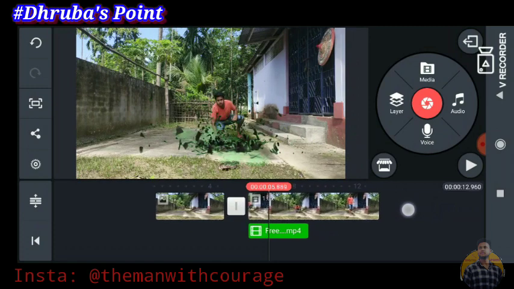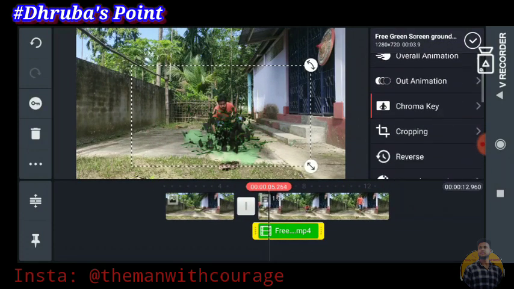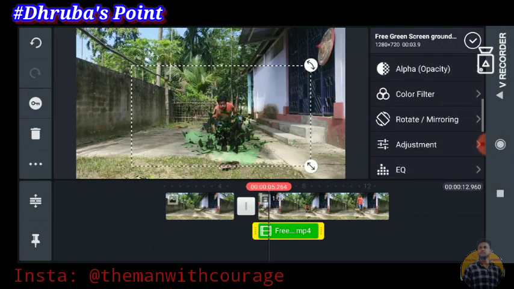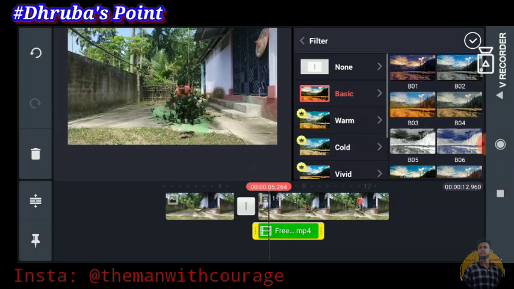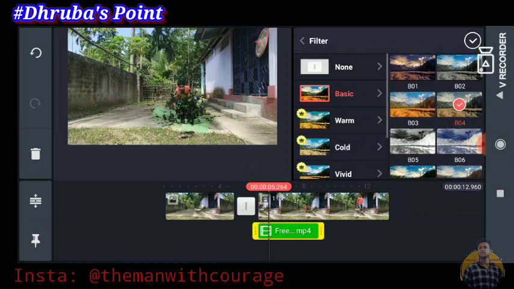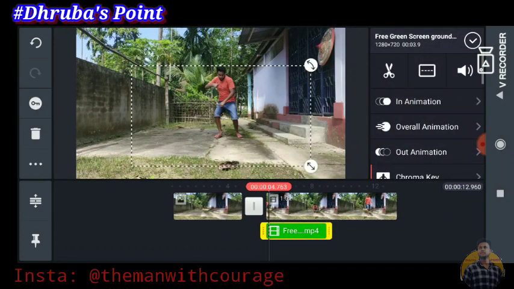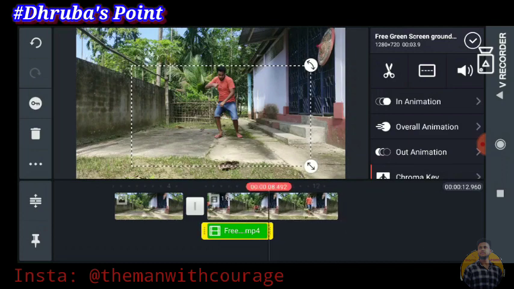Now you have to add a filter in the green screen. Select green screen and go color filter, go basic, and you have to select a black and white color filter. I have selected it. Now make this long.